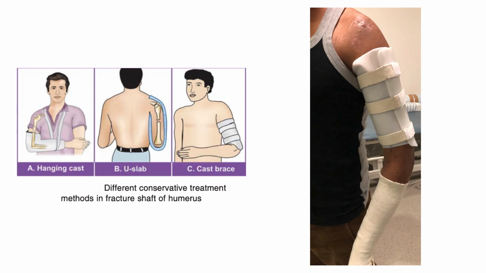The cast brace, made with the help of a thermoplastic splint, is very easy for the individual to wear and take off. Even the person can take a bath and then apply it again. This is a very convenient mode, easy to don and doff. It is better to wear it over the stockinette, because this is a non-perforated material, so there are chances of perspiration beneath, and that can cause little irritation in hot days, basically in summers.